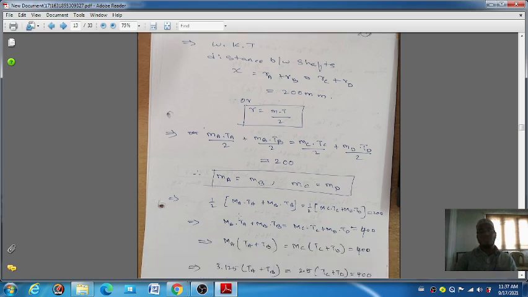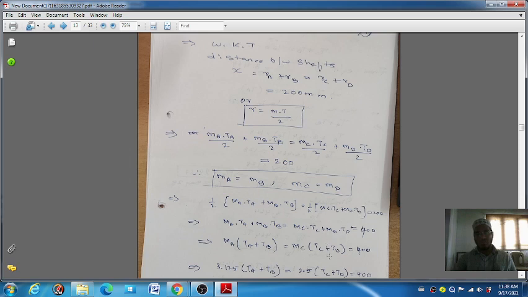Sorry, here you have to take MA is equal to MB and MC is equal to MD. Why are we taking this? Because in the derivation we studied, you have to assume all modules are the same. So that's why we take MA is equal to MB, MC is equal to MD. Then first take the 1 by 2 common, cancel this, then change this MB to MA and take the common, and MD to MC and take the common.